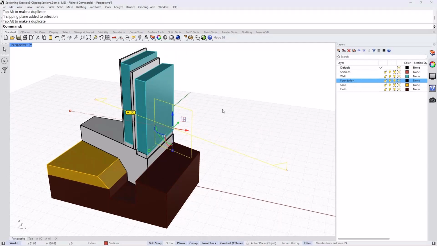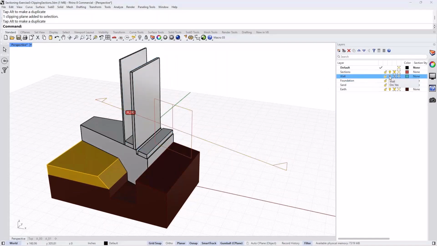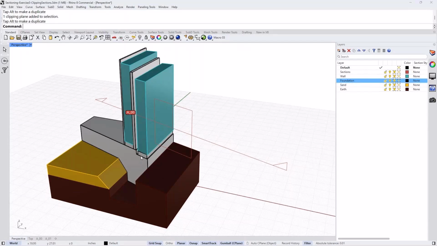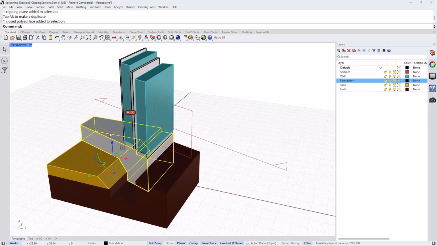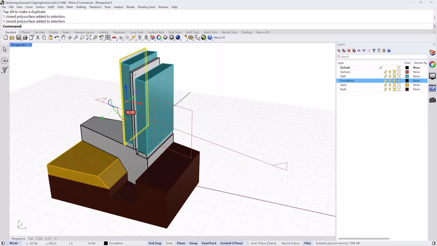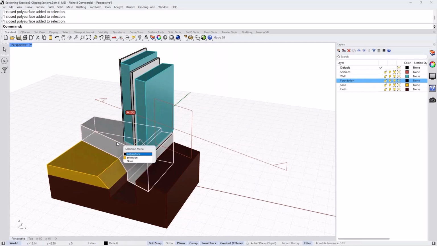But if I say, oh, I have a lot of objects in my wall, right? And I actually only want it to cut the top part. I don't want that object to be cut. I want this and that and the two bases to be cut, but not that object.